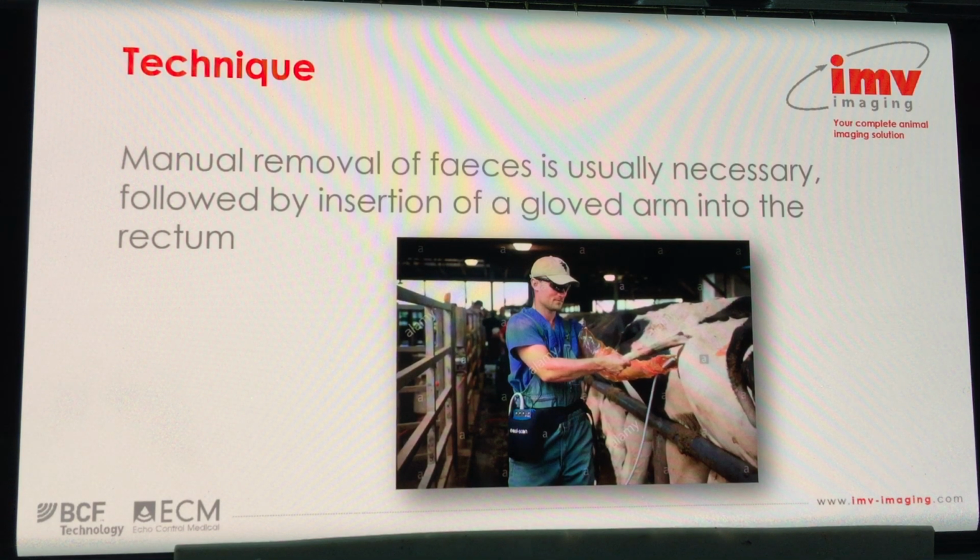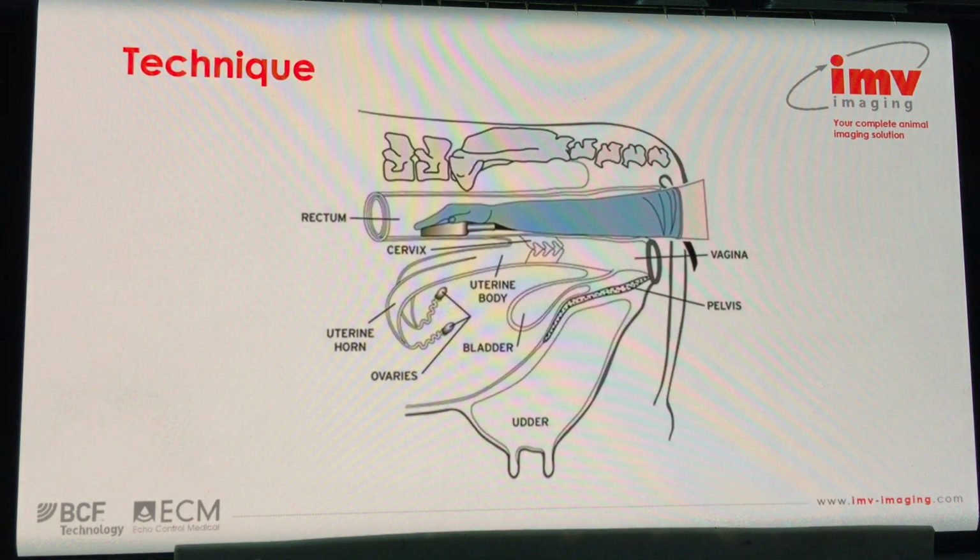so pick whichever suits you, but at least consider if you're getting interference between the probe surface and the rectum, getting poor contact issues and drop out of the ultrasound image, then it may be worth considering manual removal of faeces. Once we've done that and we've got our arm in, usually to around about the elbow or just before,